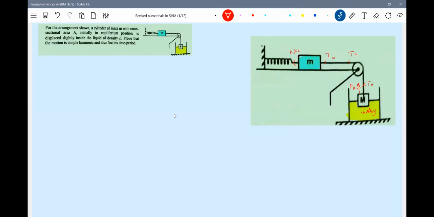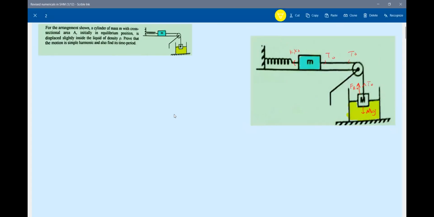When I displace it, when I pull this block a little bit vertically down, the buoyant force will increase. The spring will get elongated further. So therefore the additional spring forces will be acting. I think not needed. So when I displace it further,